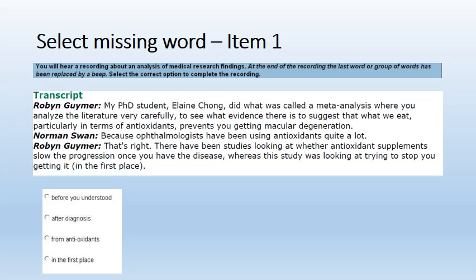Norman Swan: Because ophthalmologists have been using antioxidants quite a lot. Robin Gimel: That's right. There have been studies looking at whether antioxidant supplements slow the progression once you have the disease. Whereas this study was looking at trying to stop you getting it,